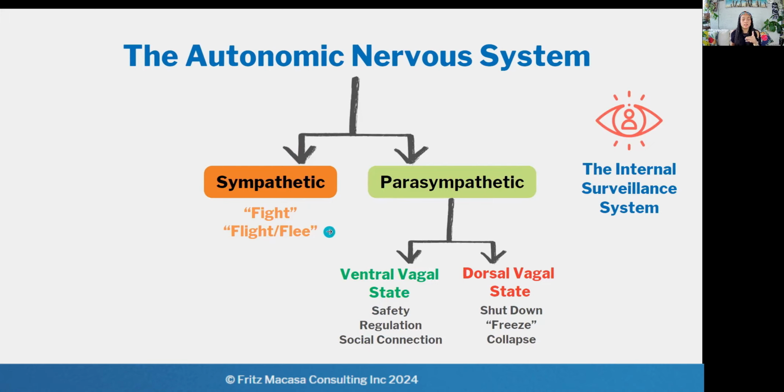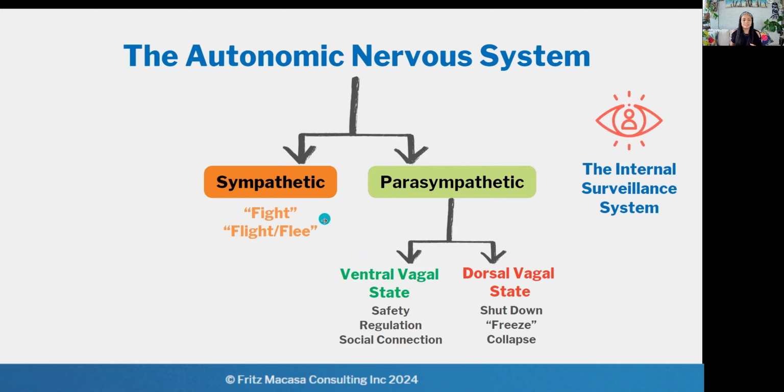And if we find new shelter, great. All is good, everyone is safe, then that mobilized energy eventually becomes discharged and we go back to the ventral vagal state of safety. If we are not able to fight, save, or flee, for example, we've run for maybe a full hour,